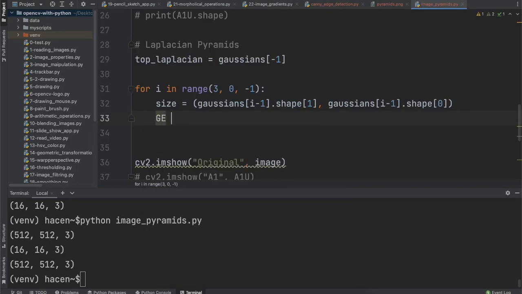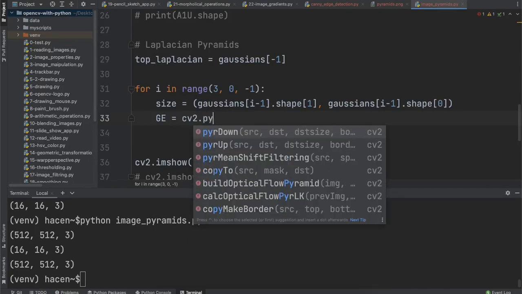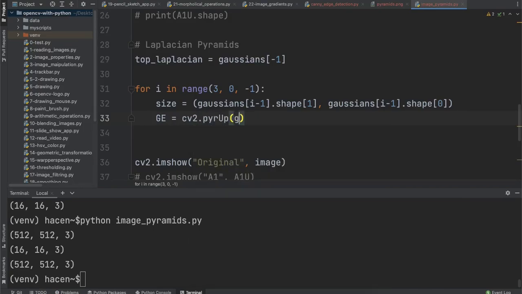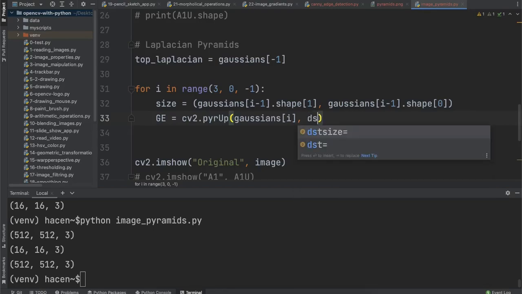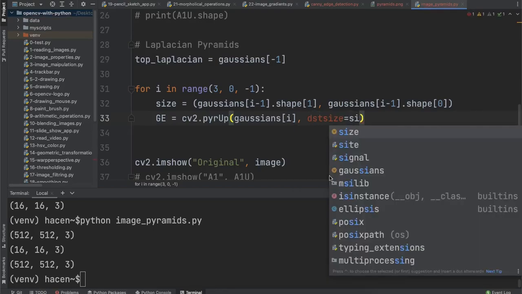So the expanded Gaussian will be cv2.pyrUp of the Gaussian of i, and with destination size that takes this size,